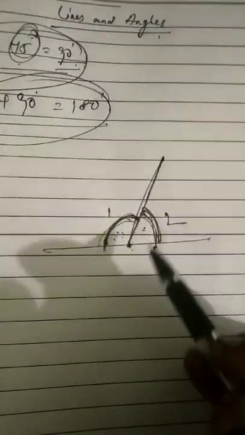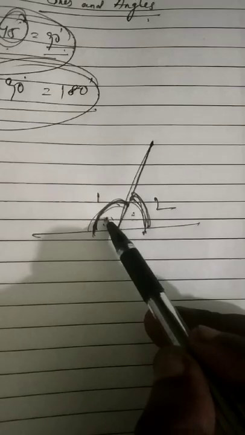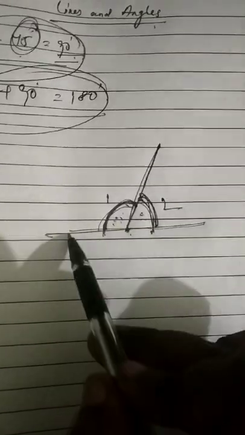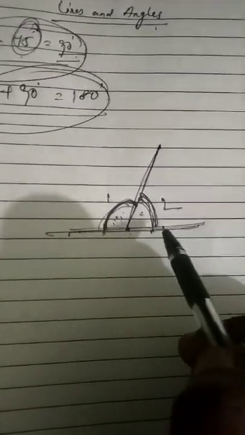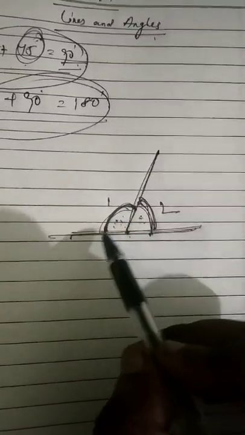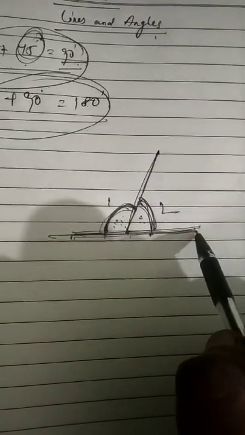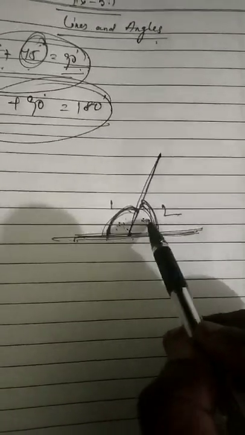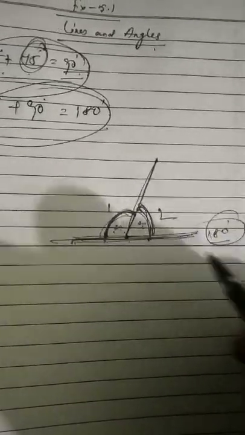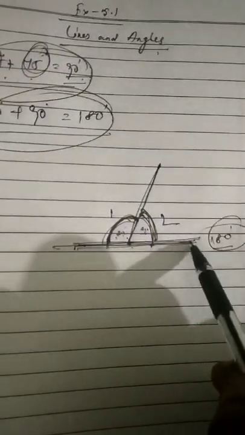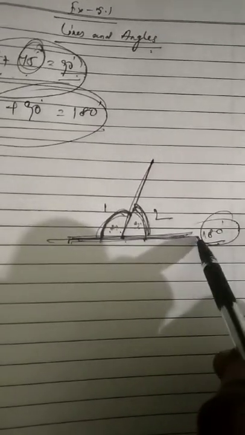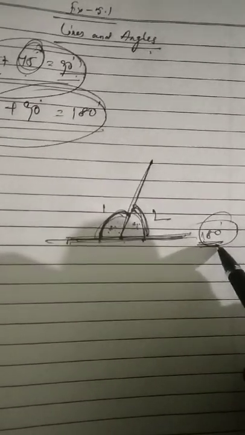Children, these two angles are supplementary angles. Angle 1 and angle 2 are supplementary angles. Sir, why? Because both these angles are formed on a straight line. If you look very closely, you will be able to see that angle 1 and angle 2 lie on a straight line. It means if I add up the measures of angle 1 and 2, I'm supposed to get 180 degrees, because a straight line always measures 180 degrees.